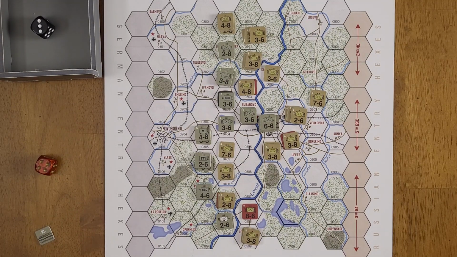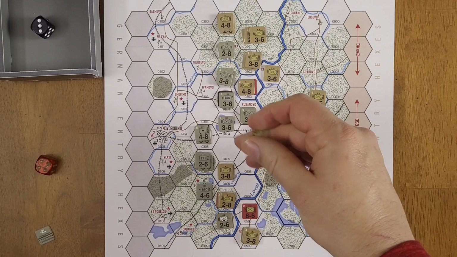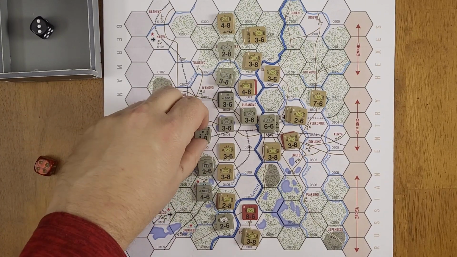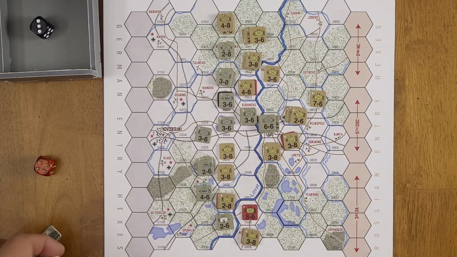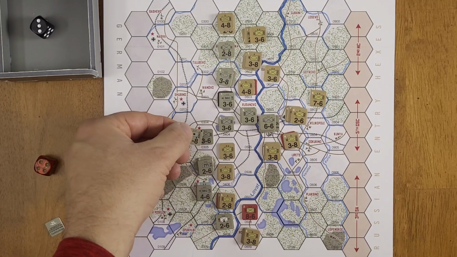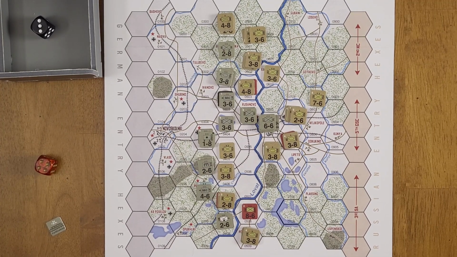And we got a 3. And a 3 on a 2-to-1 is an exchange. So he's going to lose a step, and we're going to lose a unit. Now, which unit do we want to lose here? We could take the hit on our artillery, but I don't want to. I don't want to, but I guess I have to. That was the risk I ran by doing this. All right, so that weakened him enough, though, that...